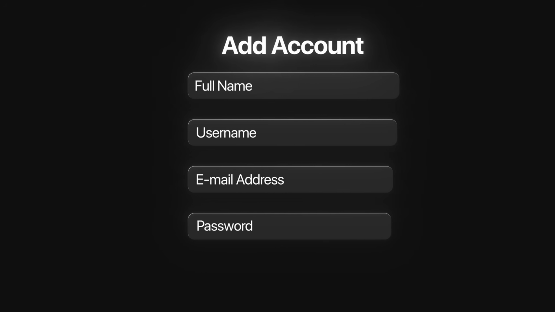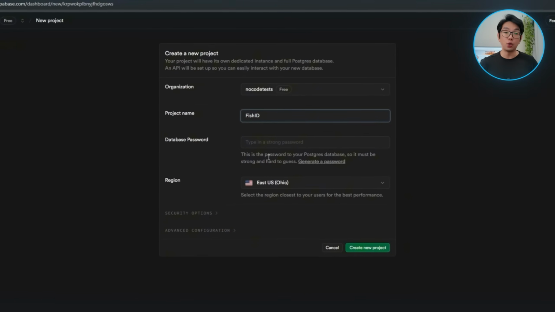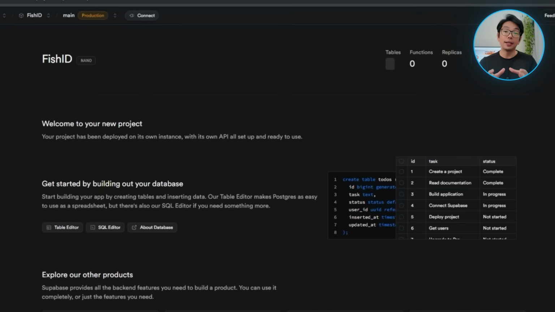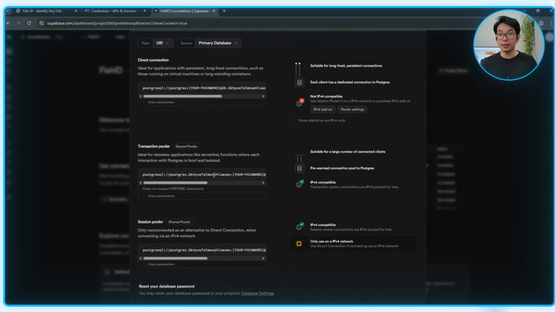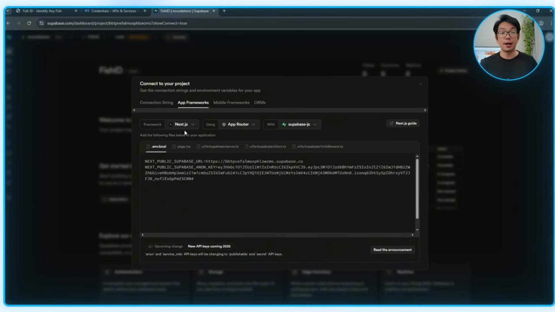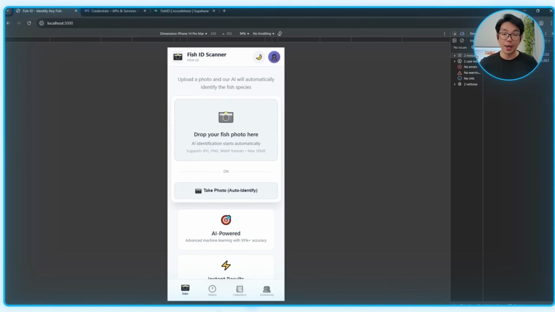All right, so before we can call this app complete, we do need to add accounts so that our users can log in and manage their profiles. Here, we're going to be using Supabase for the database, the authentication, and the user management. And the process for that begins in Supabase by creating a new project, clicking connect, and then copying the project URL along with the anon key. In this case, the values were copied from the Next.js integration panel, which does work perfectly since the keys are the same. And once those are ready, we can pass